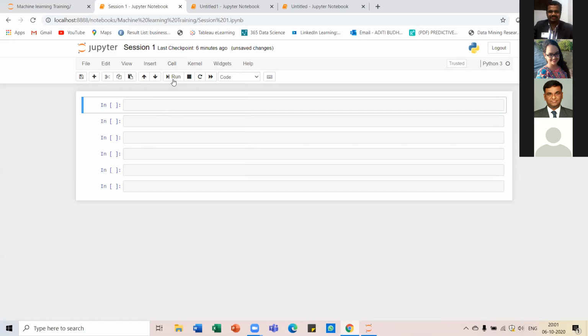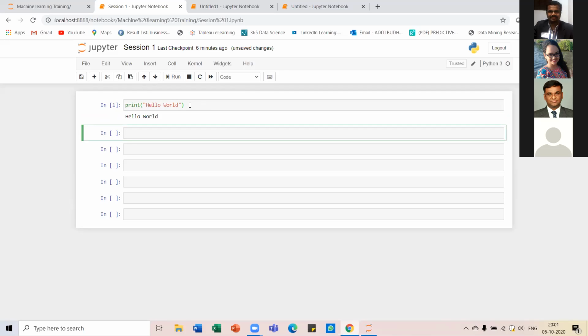First is using the Run tab over here, and the second is by using shortcuts. The default shortcut for running your cell is Alt and Enter. So I request you to type print hello world, and use Alt and Enter to execute this piece of code.